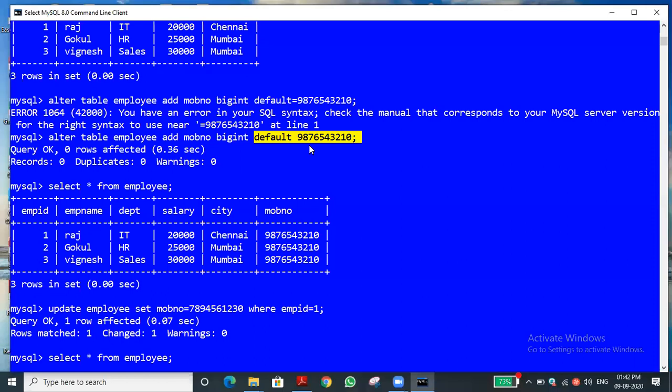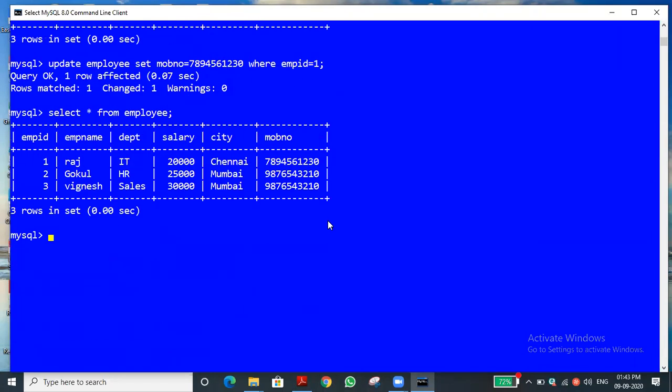Or else, whatever message you want to pass. Suppose the default means the mobile number is not given. That message I want displayed, sir. Whether it is possible? Yes, we can pass it. It is possible. After that, they can update it. How Raj was updated, no? Likewise, we can update it.